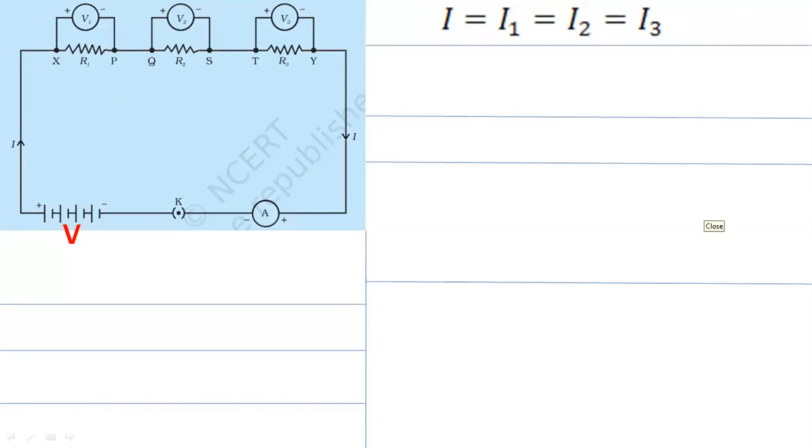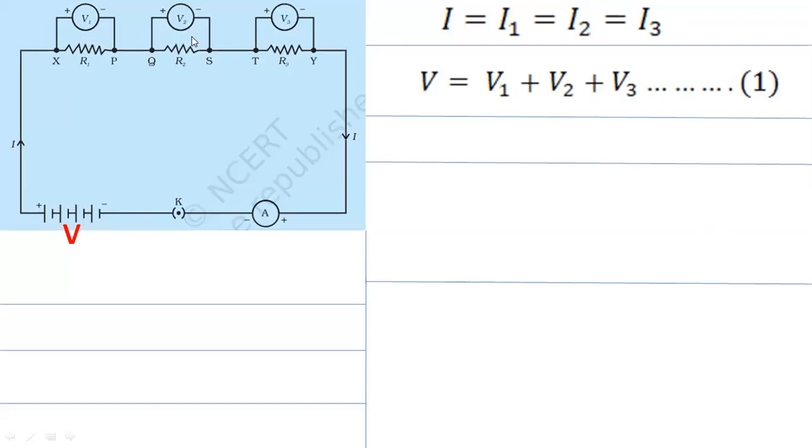Now next thing what we are going to understand is what about potential difference? Whatever the battery we have used, let us say the potential difference of that battery is capital V. ठीक है, so total potential difference available is V, but this V would be divided between R1, R2 and R3. तो सबको अलग अलग ये V मिलेगा because we already know in series combination potential difference is different, right? So let us say this particular V would be equal to V1, V2 and V3.